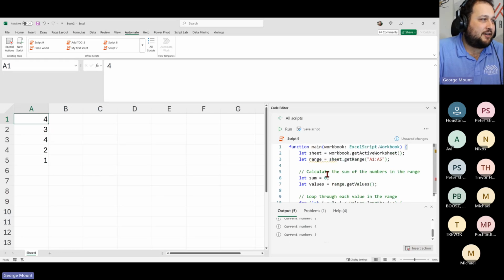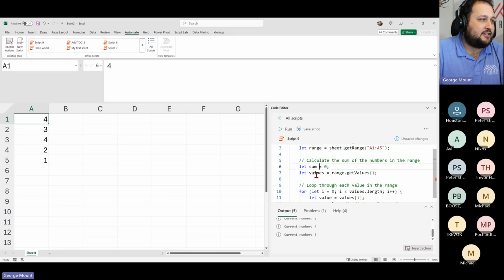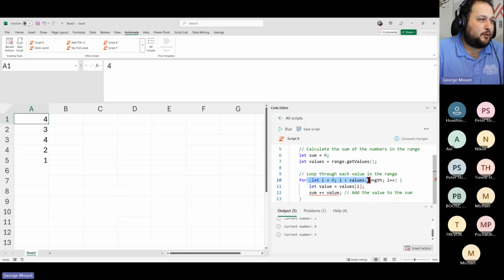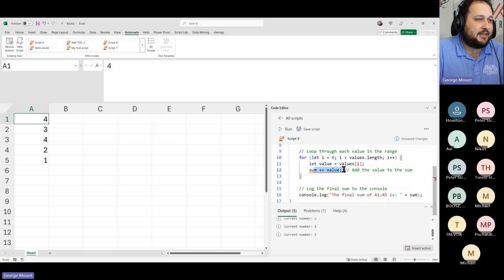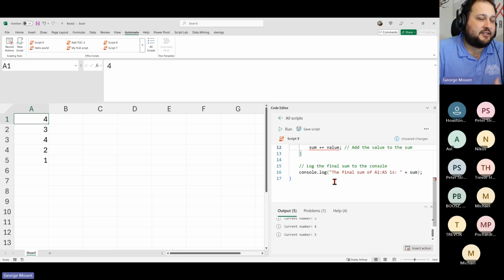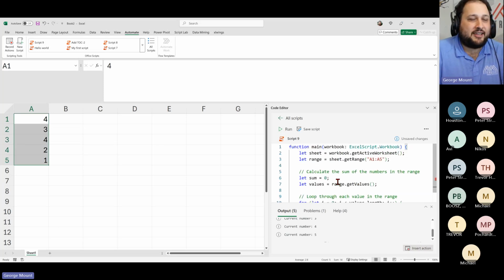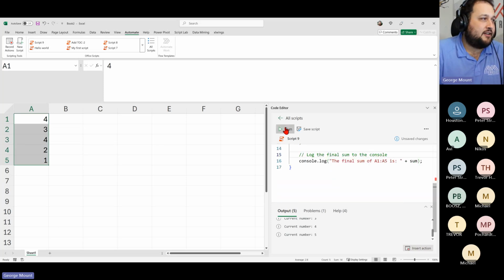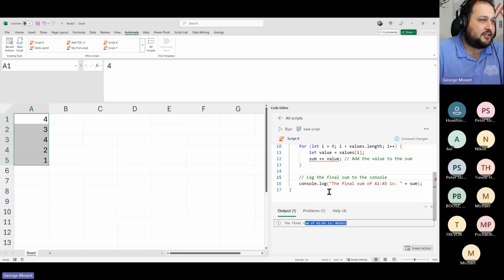So we're going to take our workbook. We're going to take A1 through A5. We're going to start at 0. We're going to take these values. We're going to loop through each one, and we're going to keep incrementing. So what this plus and the equal sign means is, we'll take our current value, and then we'll keep appending to that value. So we're basically trying to add up the numbers in this range in a very inelegant way. But again, got to start somewhere. Let's go ahead and run that. And you'll see that we do get a final sum here.